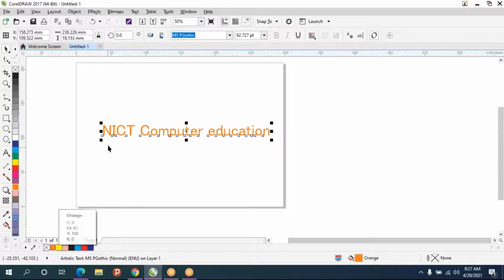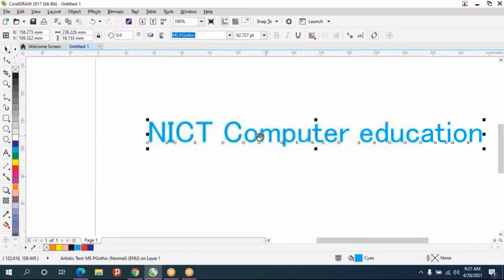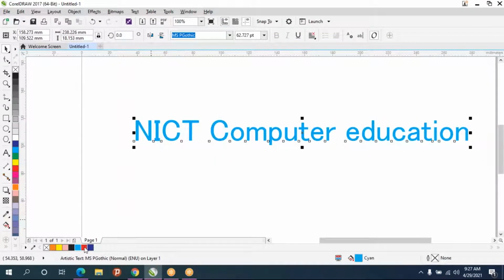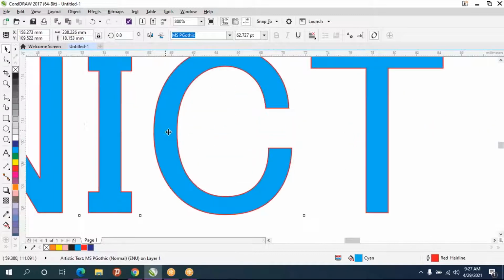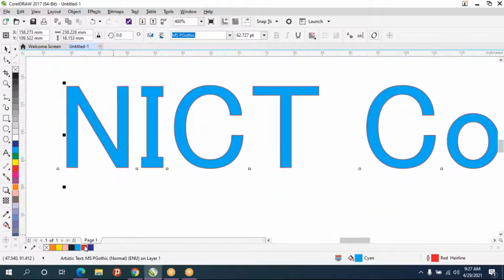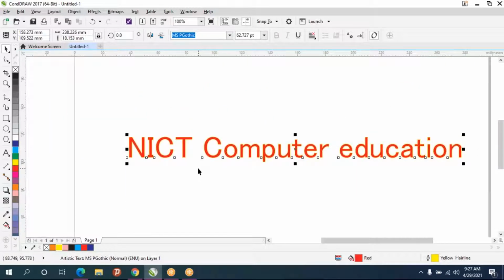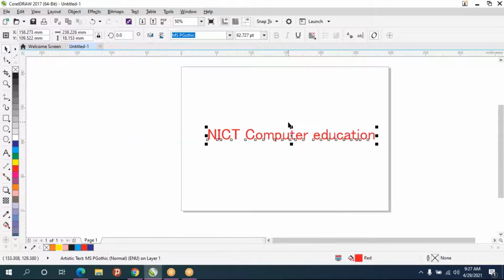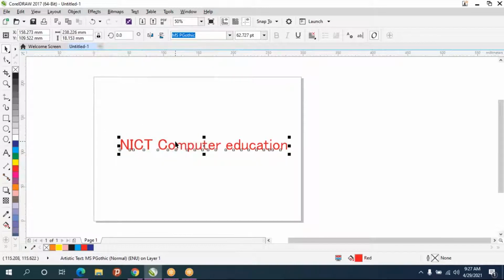Same, left click for fill color for the text, and if you want an outline for the text, right click on the color palette after selecting the text. So outline also will get applied, and you can increase the outline size. That we'll see later. And that's it. But mostly for the text we won't use outlines.